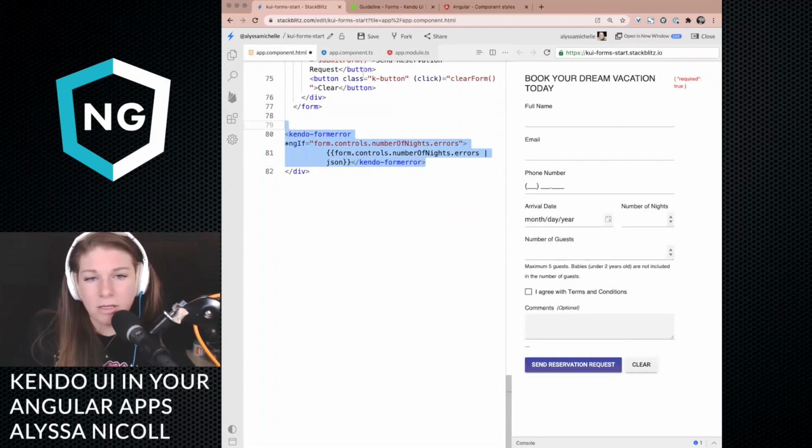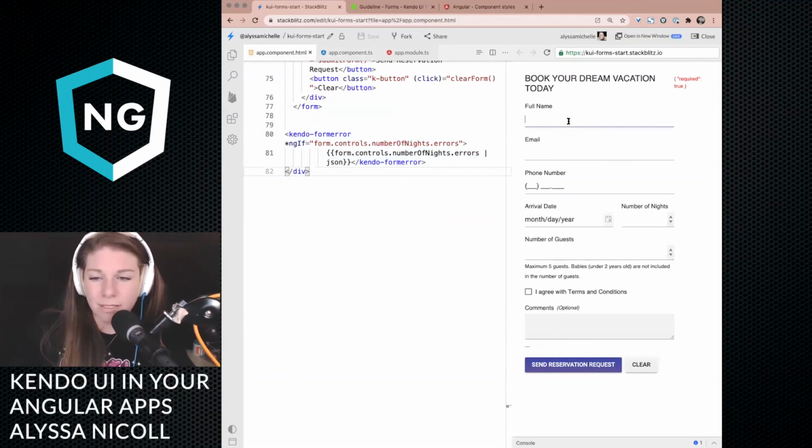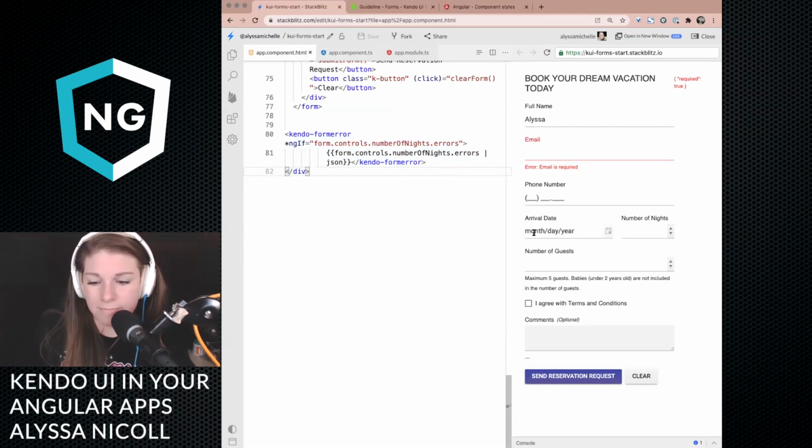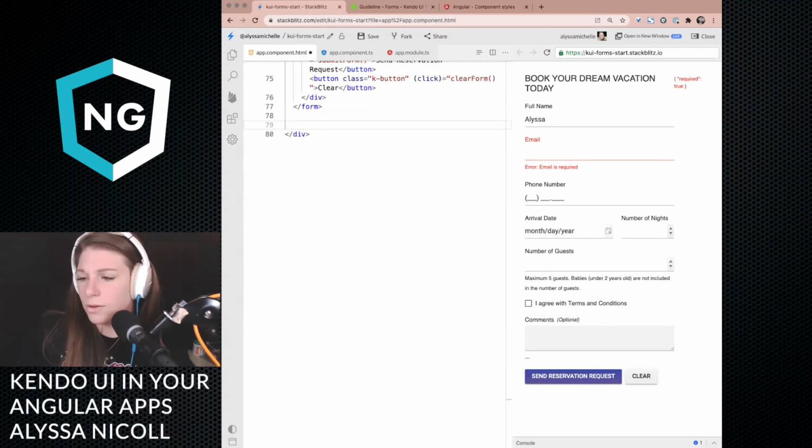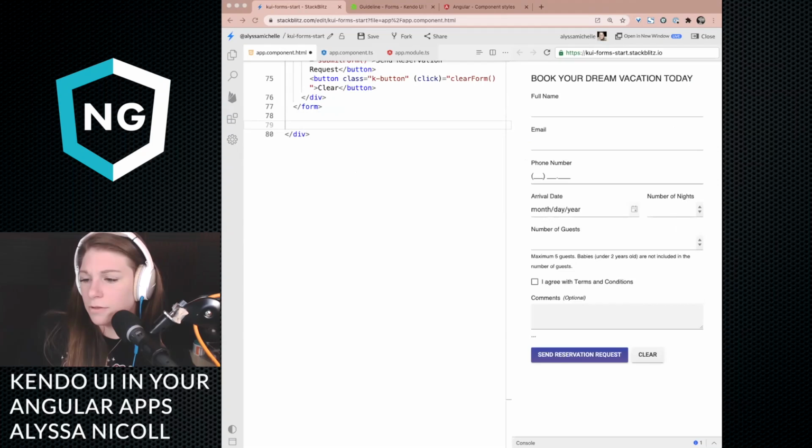The formatting is all jacked with that, but I create things like this all the time so that I can actually see what am I getting from this? I think it's because it's inside of that. Hold on, I grabbed the wrong thing. There we go. Kendo form error.